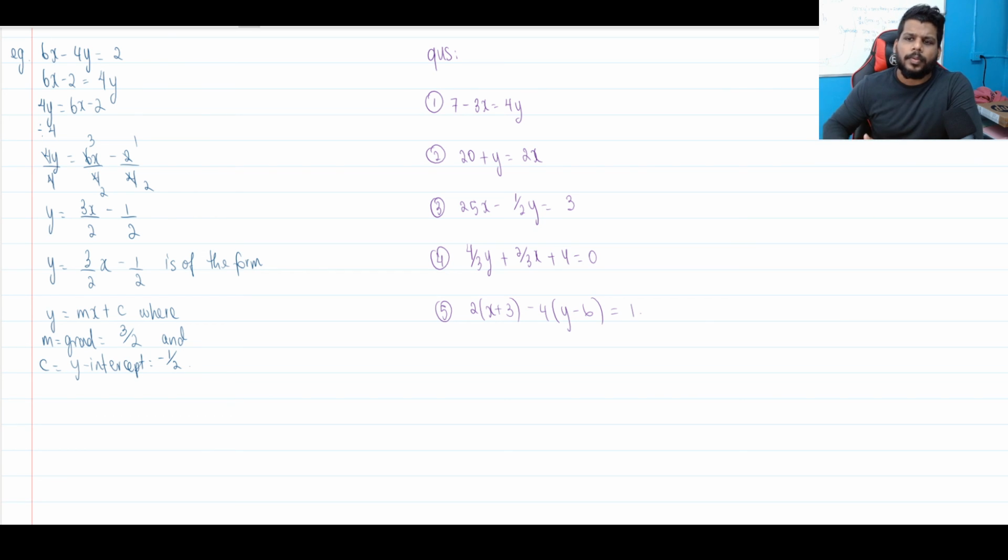Right? So work with these 5. See if you can rearrange them. In the last one, you have to expand and then rearrange. And see if you can bring them in the form y is equal to mx plus c. And make sure you use proper fractions. Do not use decimals. Please do not use decimals. Work this out, and I will see you guys